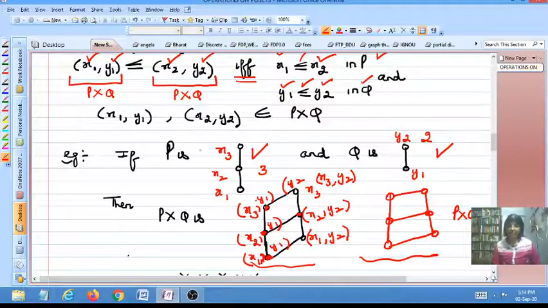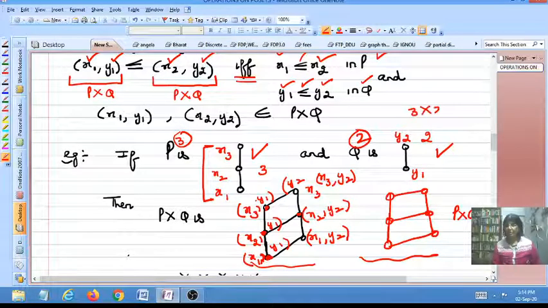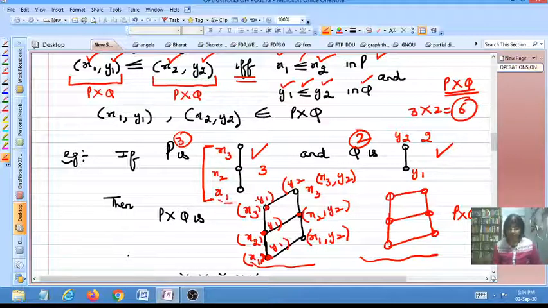So you can see that when there are 3 elements in P, and 2 elements in Q, then the total number of possible ordered pairs is 3 into 2, which is 6. And so in P cross Q there will be 6 ordered pairs, or 6 elements, and you can see that those 6 ordered pairs are represented over here, each of the 6 vertices representing one of the ordered pairs of P cross Q. So that was the hash diagram of the product of two PO sets, which also gives you a brief description of the different operations you can perform when you are given two PO sets.